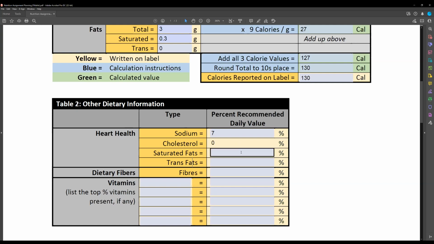Cholesterol is 0. Saturated fats was, where did I find that? I'm looking at the French, no wonder I'm having trouble. 2%. Trans fats was 0%. Fibers